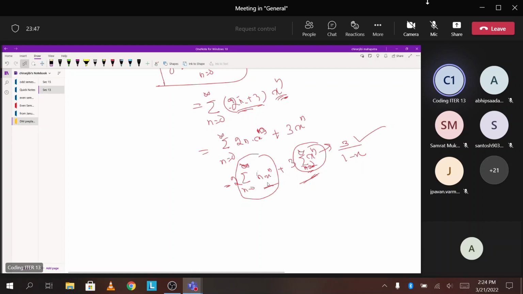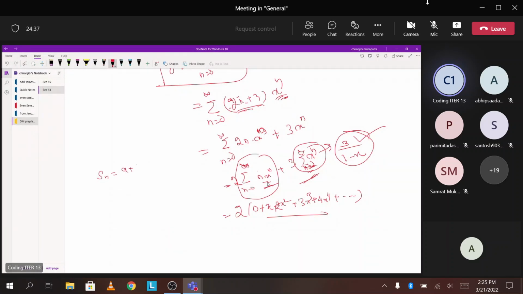If you actually expand this, what you will get is 2 into 0, plus when n equals 1, 1 into x, 2 into x square, 3 into x cube, 4 into x to the power 4, like this it will go on. ये वैल्यू तो तुम्हें पता है 3/1 minus x, फाइन। सो इसका एक फॉर्मूला आता है, तो ये सब फॉर्मूला थोड़ा बहुत याद करने की कोशिश करो, so that तुम्हें solve करने में easy होगा। ठीक है, अभी तो मैं फॉर्मूला तुम्हारे understanding के लिए derive कर देता हूँ, ये फॉर्मूला भी तुम्हें बहुत काम आएगा।